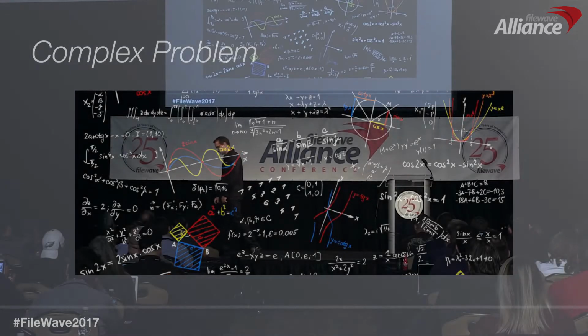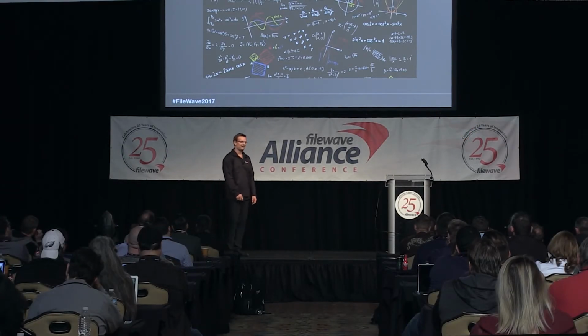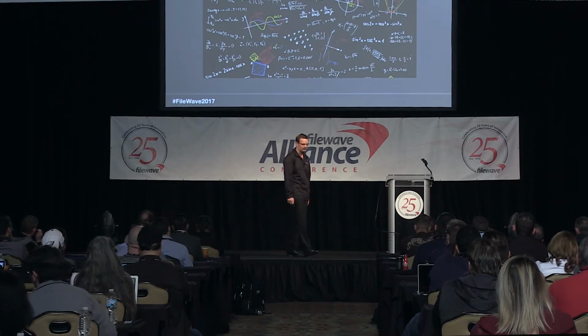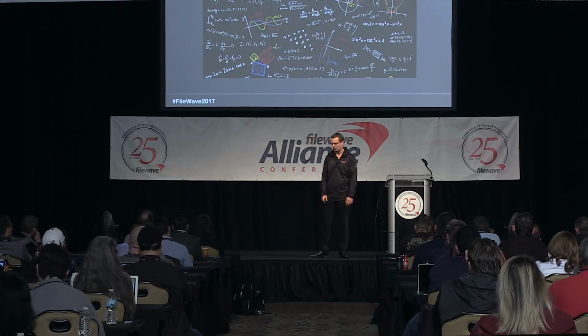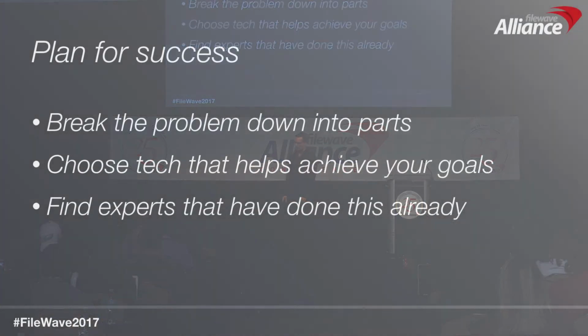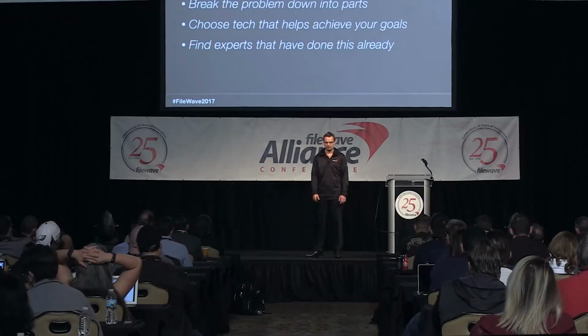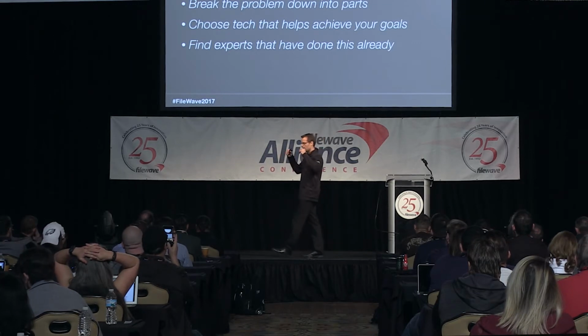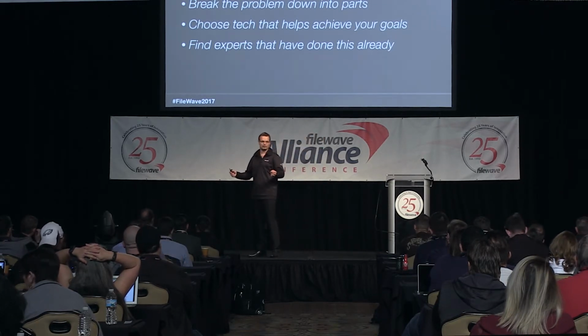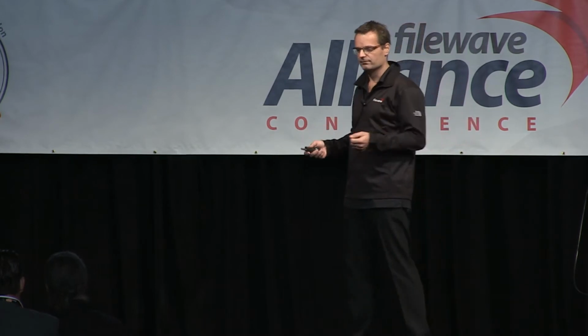So that's a nice summary, right? When I think of this, how do we do this? I started the slide deck with how, right? How do we accomplish this? It's a complex problem. Plan for success is my simple answer. Every complex problem benefits from being broken down into parts. Again, this idea of incremental delivery, right? Don't start to try and replace the whole thing. Find out what makes sense is the first, we call it in the industry MVP, right? Minimum viable product. Find out what that is, deliver that. And then keep building on top of that.